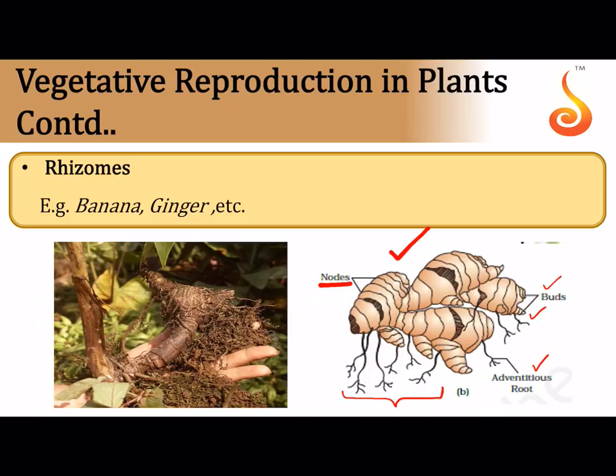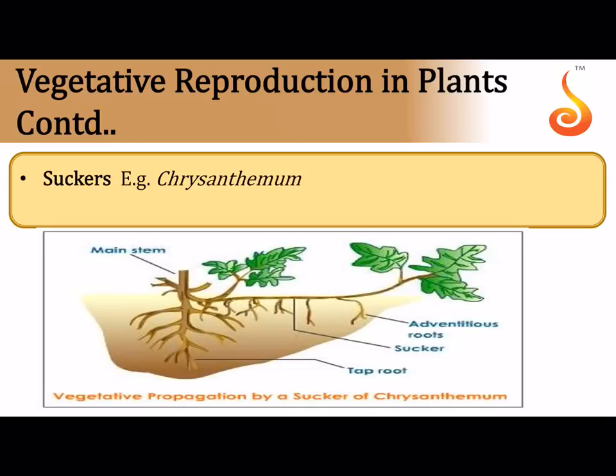And this is called an adventitious root because you tell me, where does a root develop from? A true root develops from where? Yes, from the seed, the radicle of the seed. But here it is developing on a stem. That's why it is called adventitious root. So this is how the underground stem, which is referred to as rhizome of ginger, looks like.